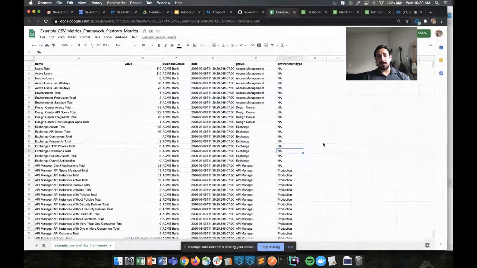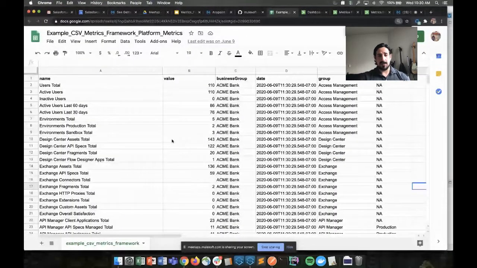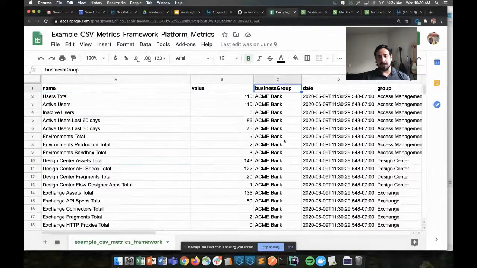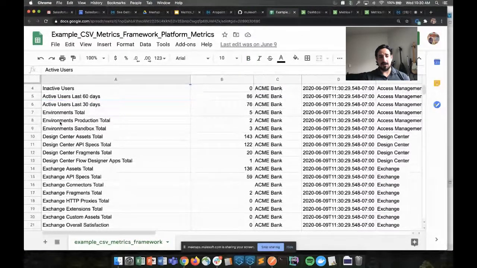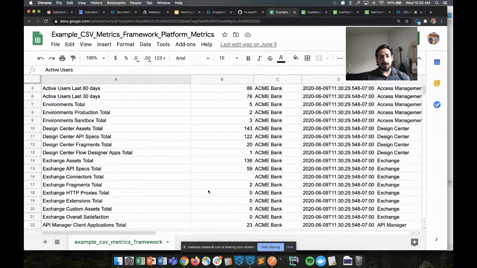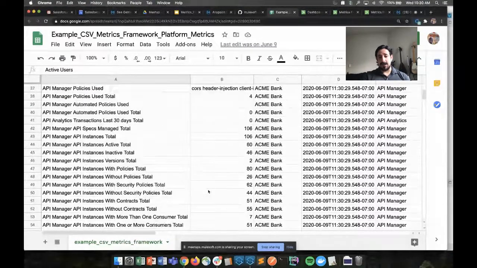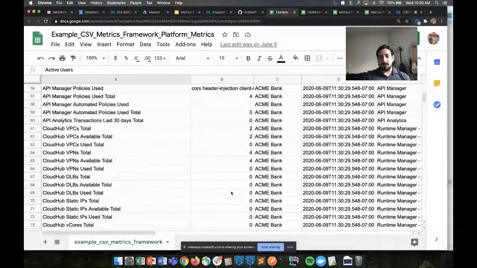Here we have an example. So once you execute and load these metrics, here you have an example of the results, right? Let me expand this a little bit. For each business group, you have the list of metrics with all the numbers, right? This is a plain text, or a CSV format, and I'm going to show you right now how this will look in Splunk. And there we have the real value of all this. So if we go to Splunk,